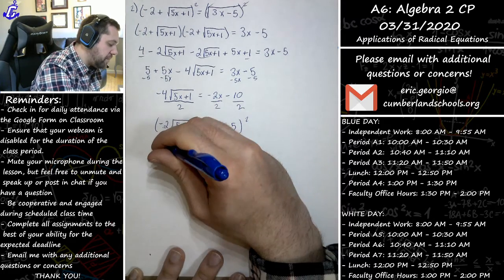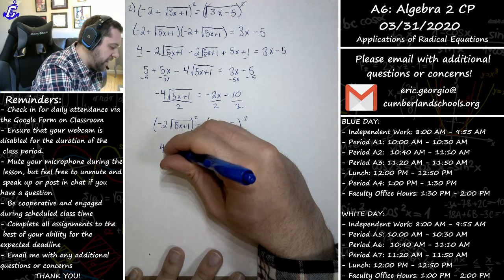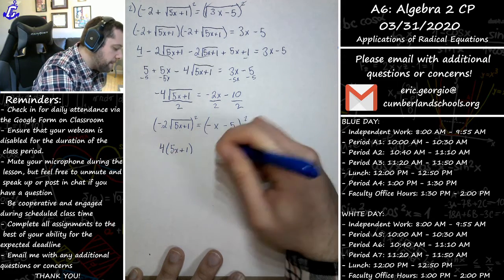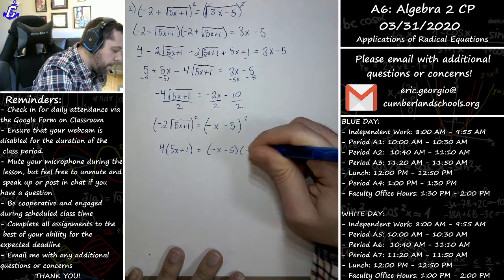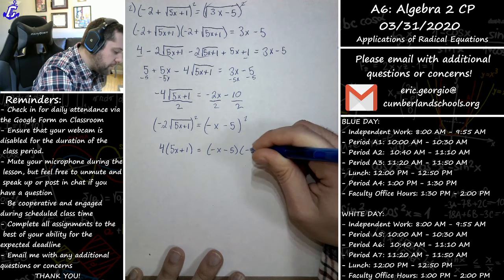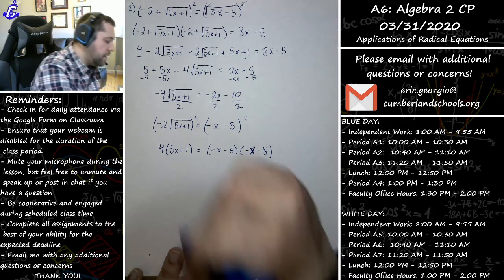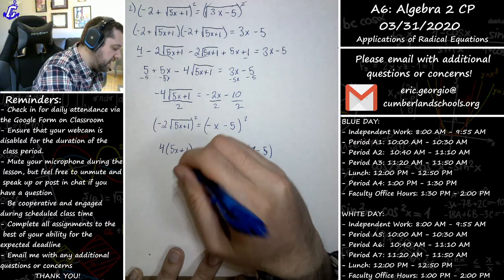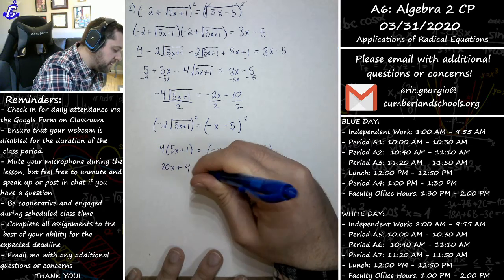-2 squared is +4. The square root of 5x plus 1 squared is 5x plus 1. I now have over here, we'll have to do a little first, outer, inner, last. Oh, whoops, -x minus 5. There we go. Okay. Let's see. On the left side, a little bit of distribution. 4 times 5 is 20. Plus 4 is equal to